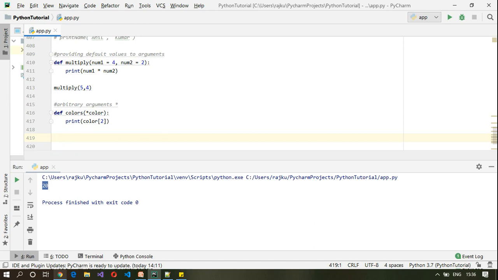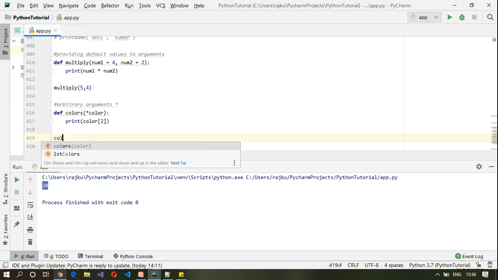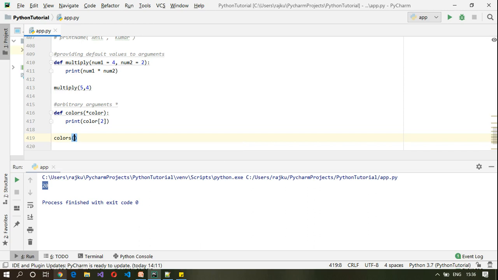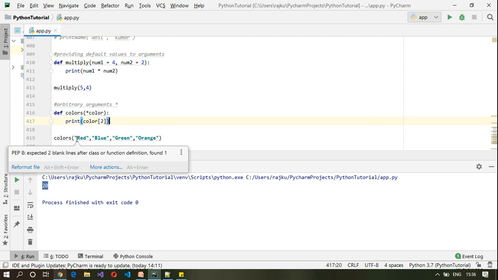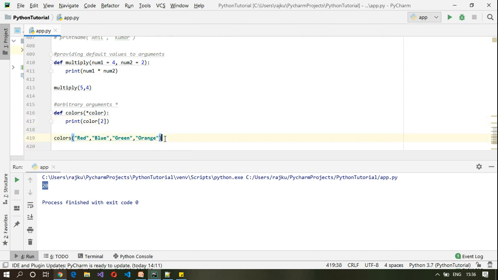Now in this case, we can pass in colors red, blue, green, orange. So here I'm passing 4 values.